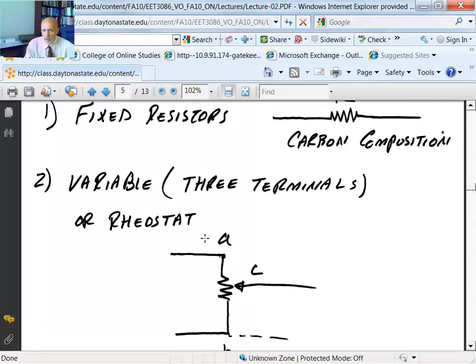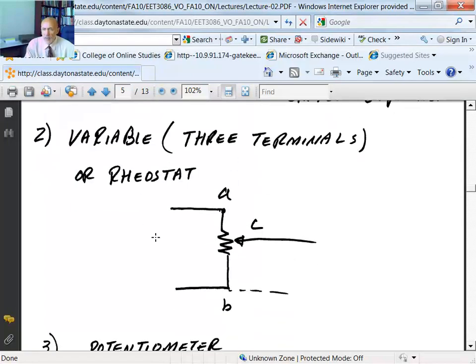It depends on applications. So a variable resistor could be circular or it could be a sliding one like this. If you use A and B, you can use it as fixed. If you take a potentiometer, it says 5K potentiometer. That means it can go from 0 to 5 kilo ohms. If you use either A and C terminal, or B and C terminal, then you can slide this to change the resistance value. But if you use A and B, you use it as a fixed resistor, which is 5 kilo